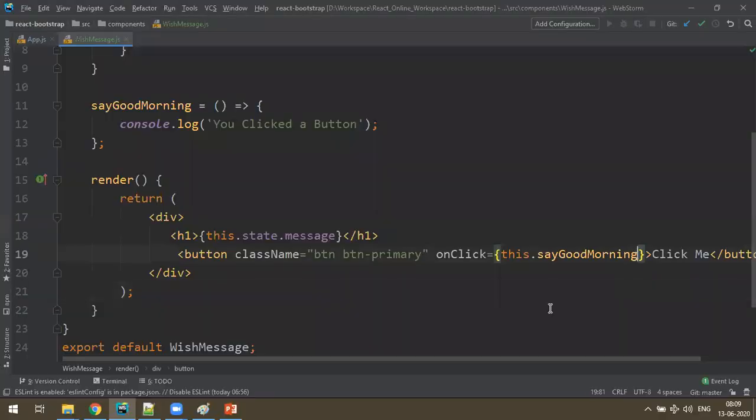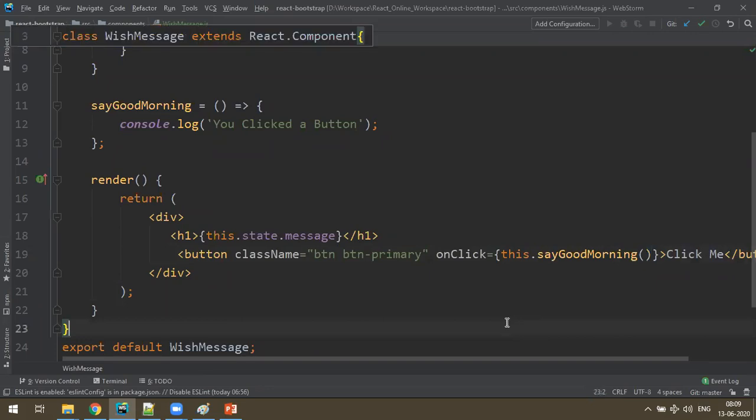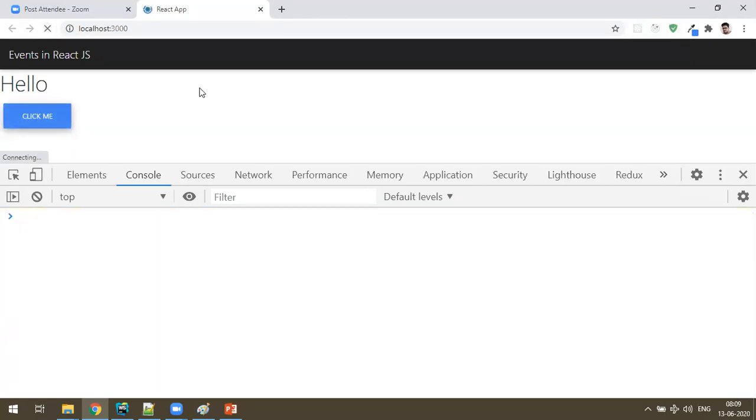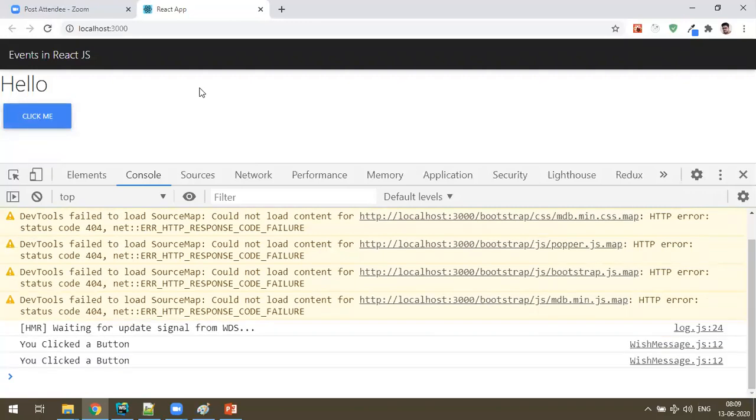Now if I make a function call here, then what happens is, check, the button click has happened automatically without clicking the button. And when you click on the button, nothing is working. As soon as the page loads, the function got executed automatically, and while clicking it does not work.